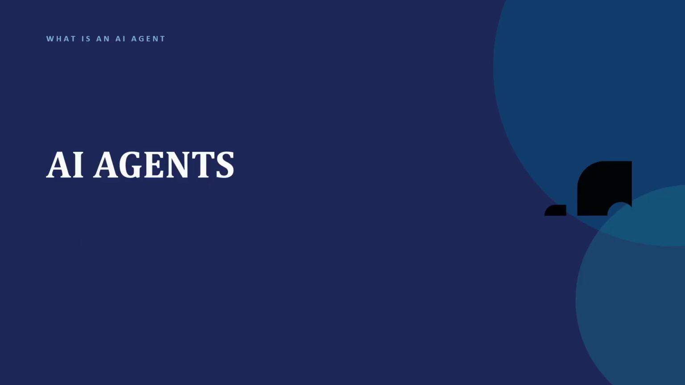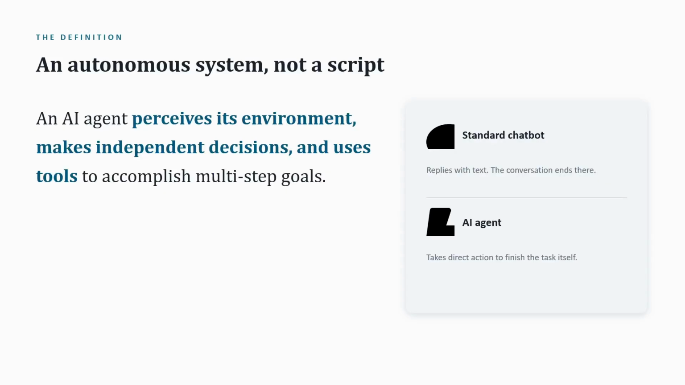So let's get started. So first thing that comes is, what is an AI agent, right? And if you look into Google for a definition, it says an AI agent is an agent that perceives its environment, makes independent decisions, and uses tools to accomplish a multi-step task. Okay, so before we discuss this part, let's go and understand what is the difference between a standard chatbot and